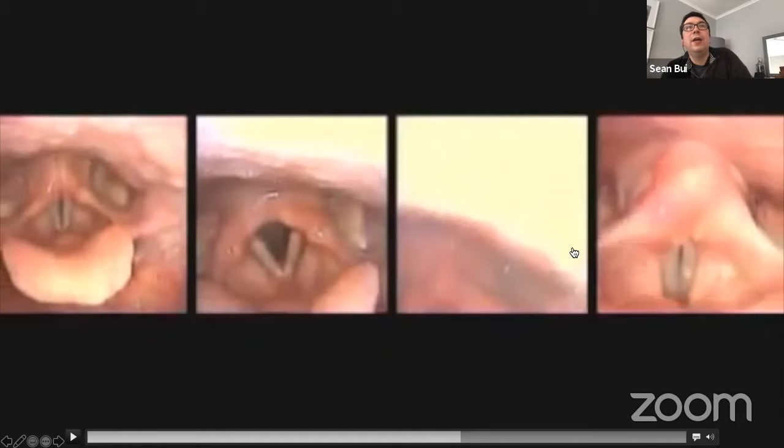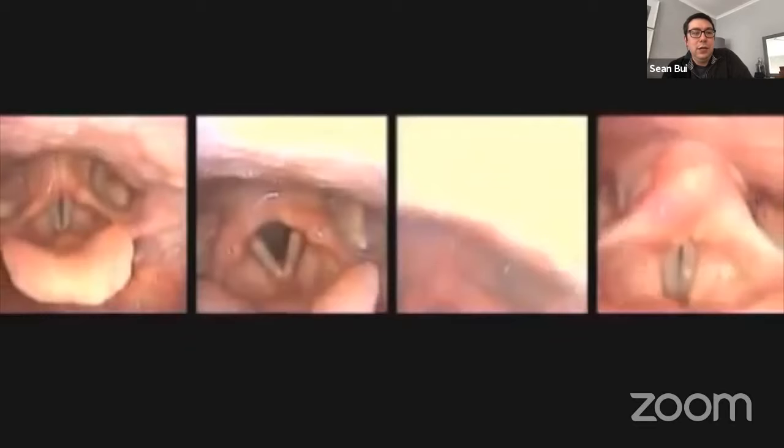But yes, and over here, this is the bass, and you can't see the vocal folds right now because the bass is swallowing. And so the epiglottis, which is here on this particular one, and here on these two, this bottom bit, folds over while the saliva goes down to the stomach. Isn't that lovely? Good. Okay, so let's move on.